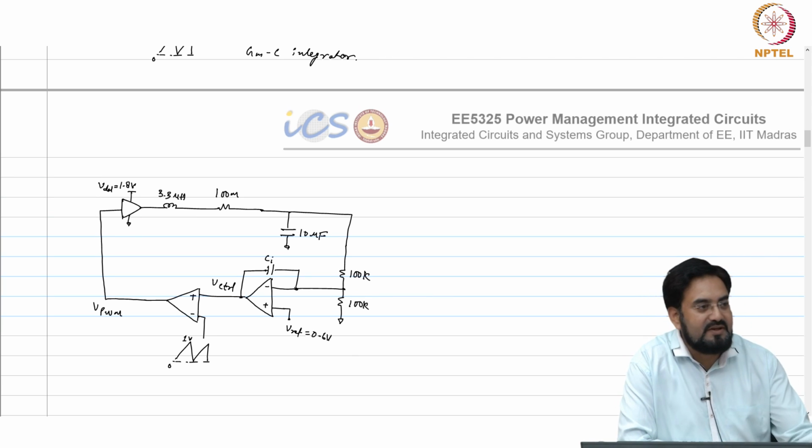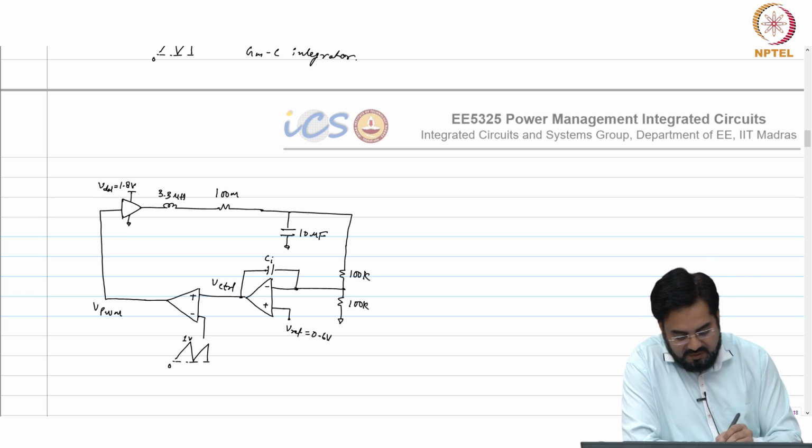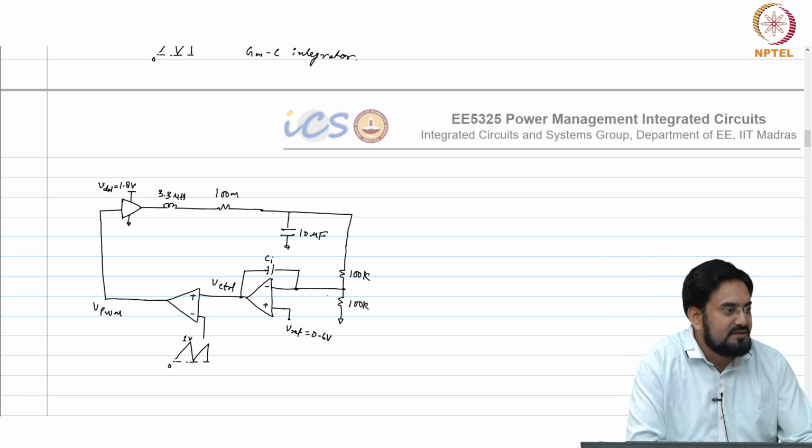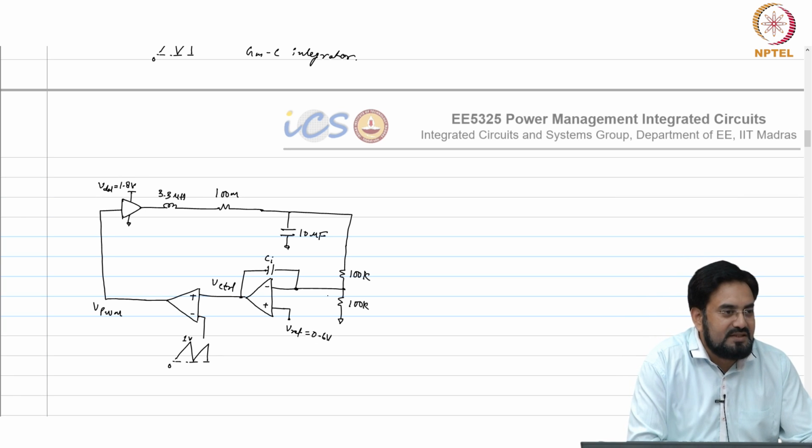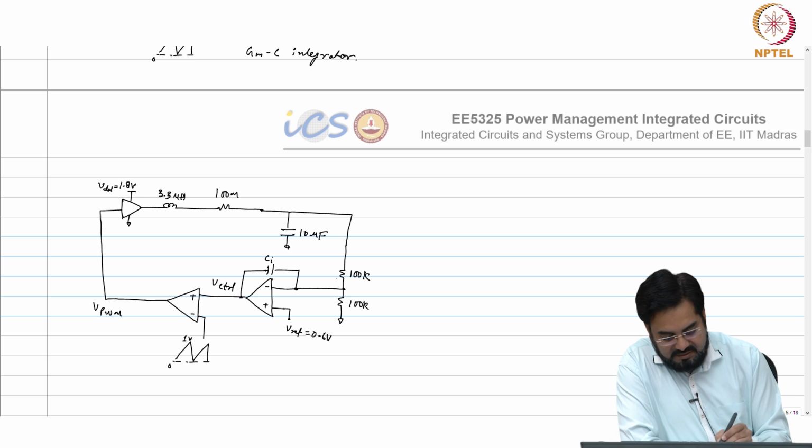With the virtual ground, what is this? 0. So no current is flowing in the bottom resistor. So beta is killed. There is no beta here. So beta is 1. No beta means not 0 actually. The feedback factor is 1 here because this resistor